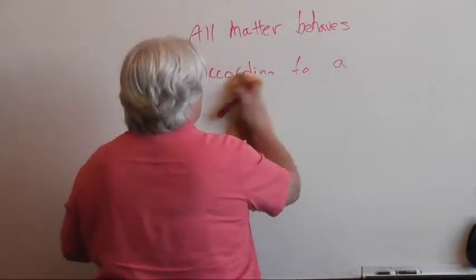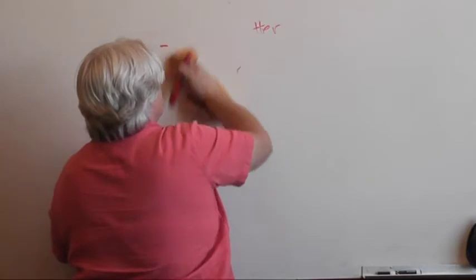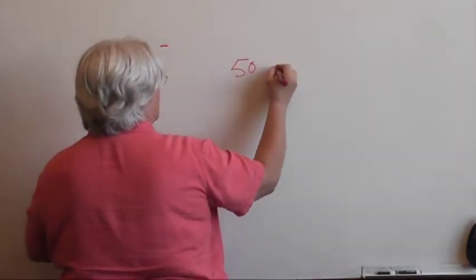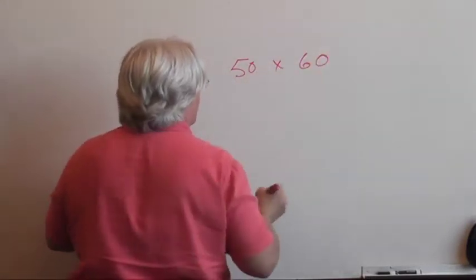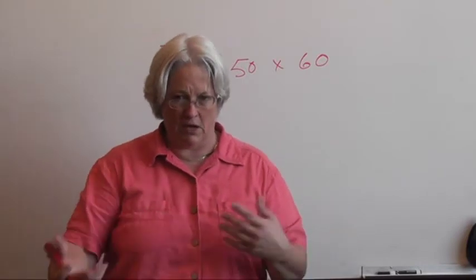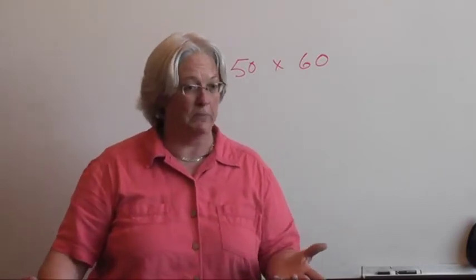So first we're going to talk about units. And I think the example that he uses in the book is very intuitive and very natural. Say you have a friend and he's going to make a picture frame for you. And you give him the measurements. You tell him it's a 50 by 60 picture frame that you need. And you're going to make one, he's going to make one, and you're going to see who makes the coolest looking picture frame.